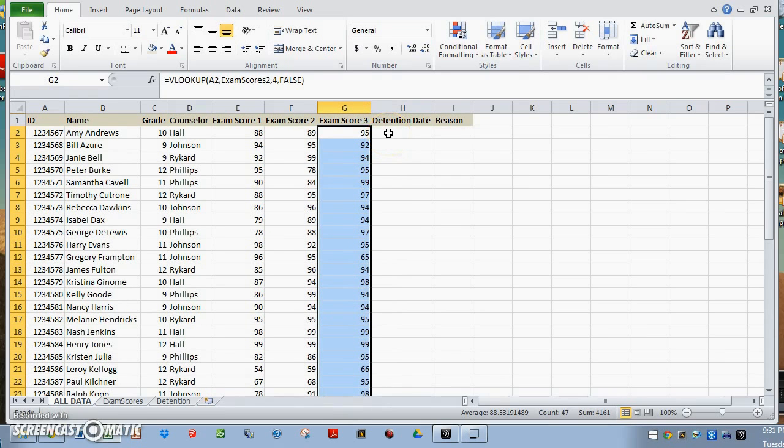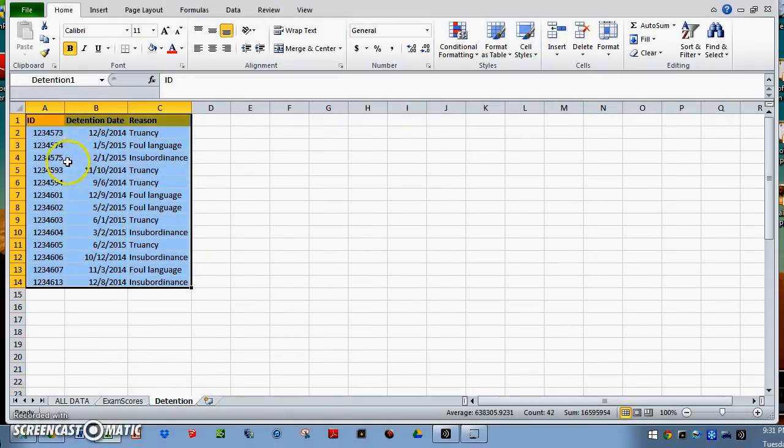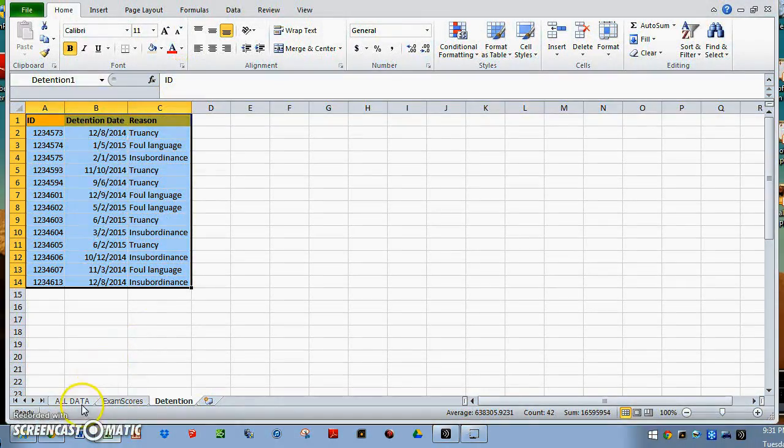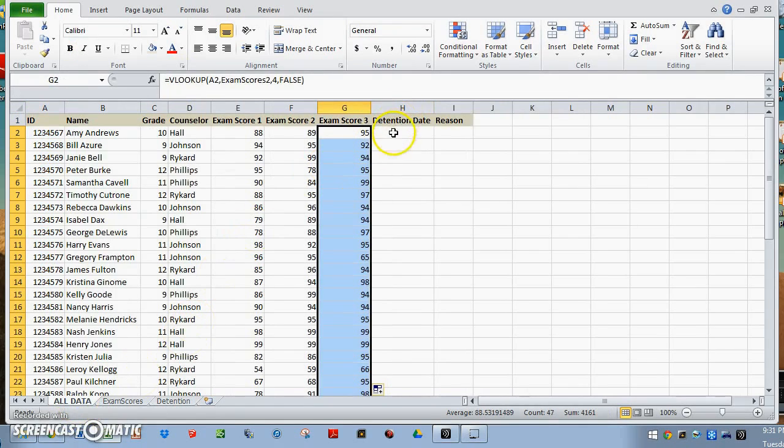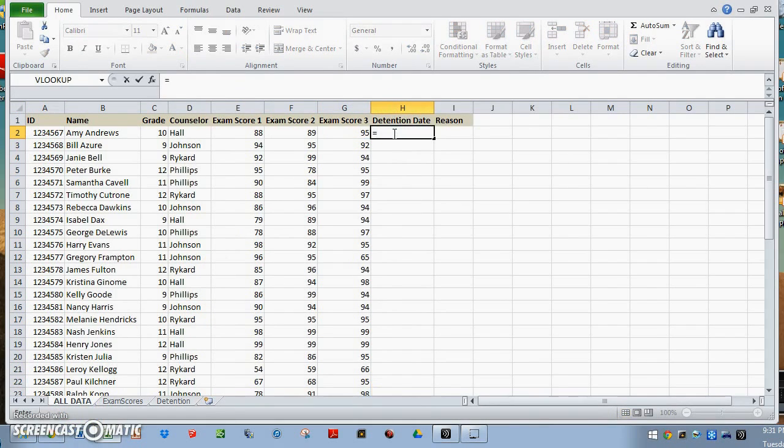Okay, now we're ready for that last tab and our data. As you can see, it's a shorter list. Not everyone got detention, thank goodness. But we're going to be looking for the detention date and the reason. So you can see the detention date is in column 2, reason is in column 3. So let's come back over. Equal sign, VLOOKUP,